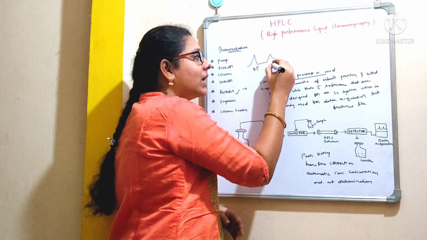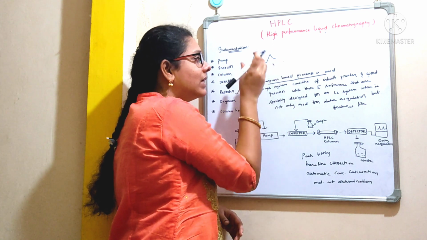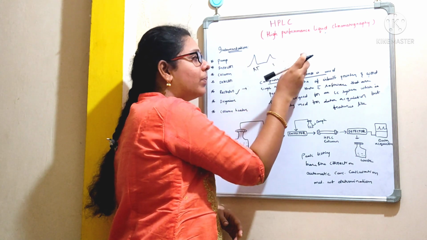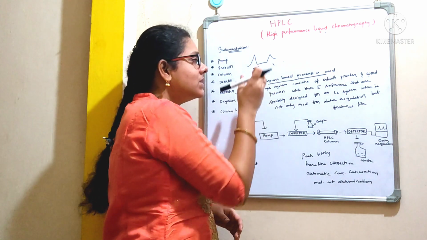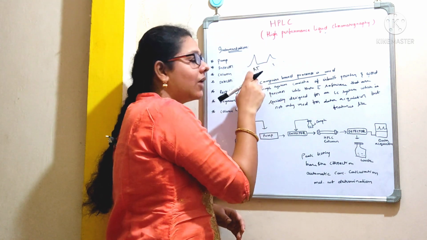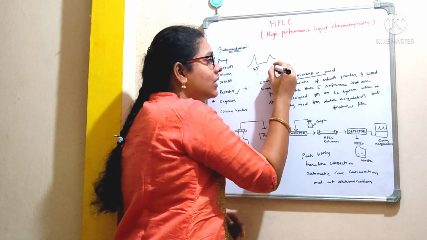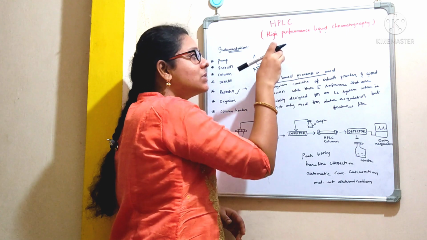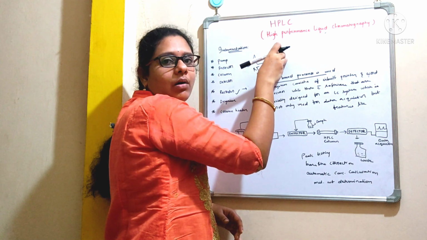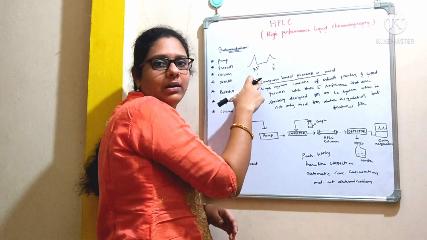For example, if we get 2 to 3 chromatograms, then we'll get an RT value for each compound. For example, if the RT value is around 1 minute, that means this compound was identified after 1 minute. If the RT value is 2 for the other compound, then again after 2 minutes we could identify this particular compound. That is about the RT value.